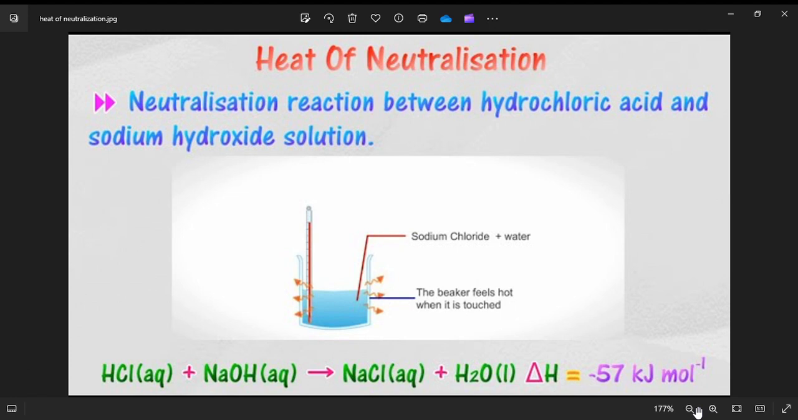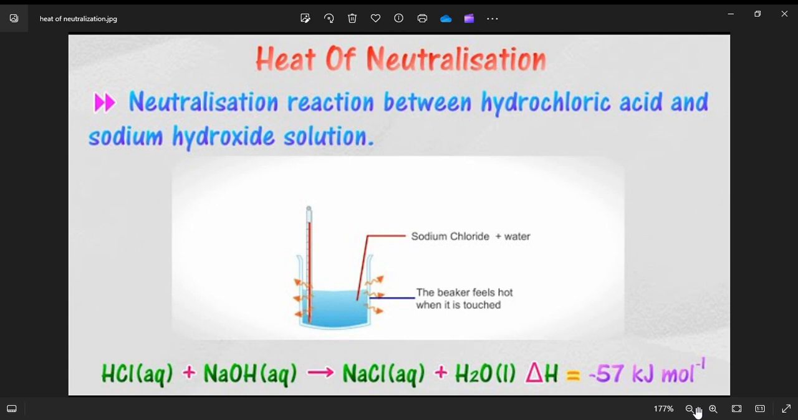The standard enthalpy change of neutralization, which is indicated by delta H neutralization, is the enthalpy change when a base reacts with an acid to form 1 mole of water under standard condition. And when you're talking about standard condition, we're talking about the concentration, the temperature, and the pressure. That is under STP, standard temperature and pressure. Alright,